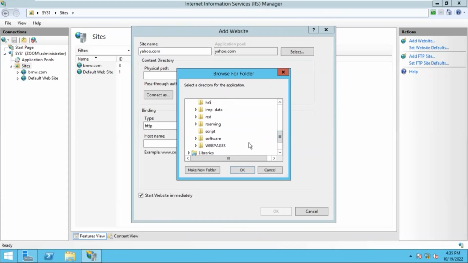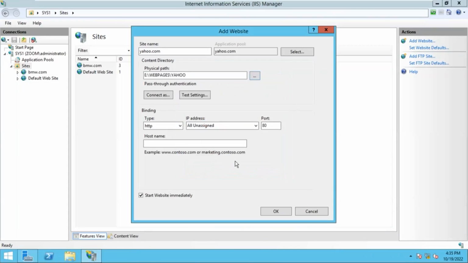Okay, so you can go to the web pages. There is a folder called Yahoo. Select the folder. So in the physical path, go to the E drive where web pages is there. There you select Yahoo. So now we are hosting this Yahoo through the